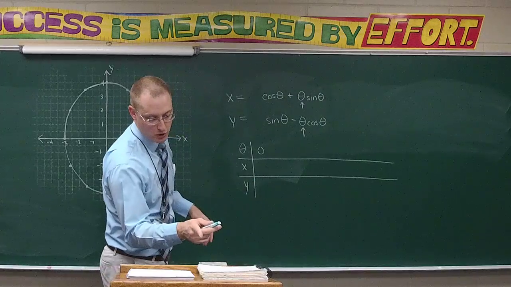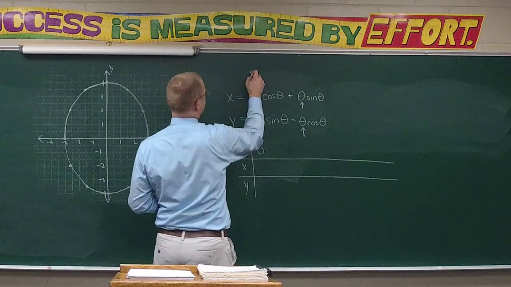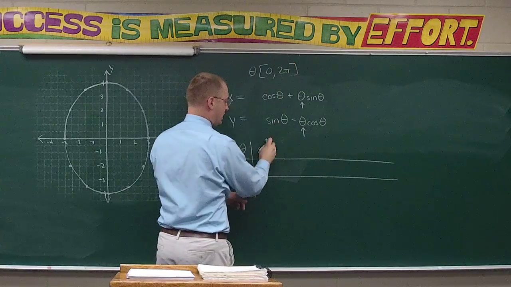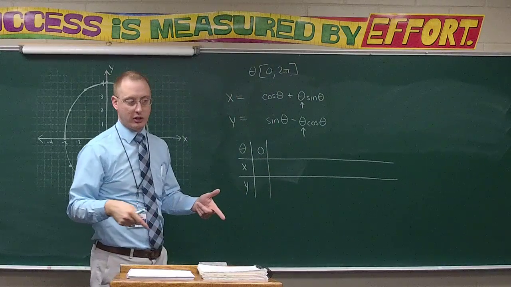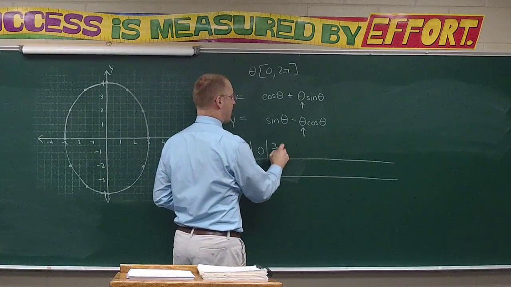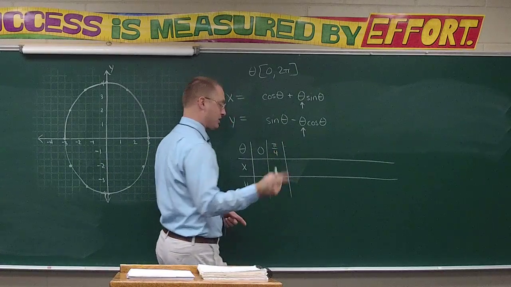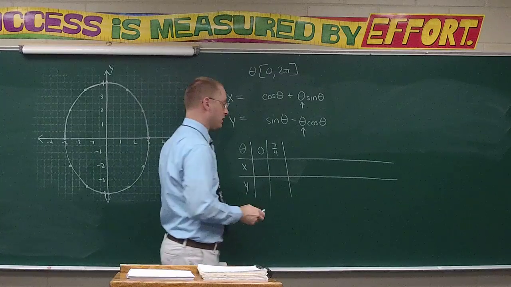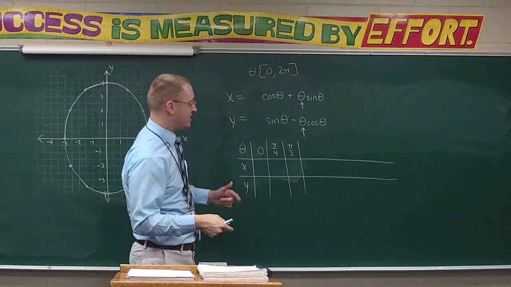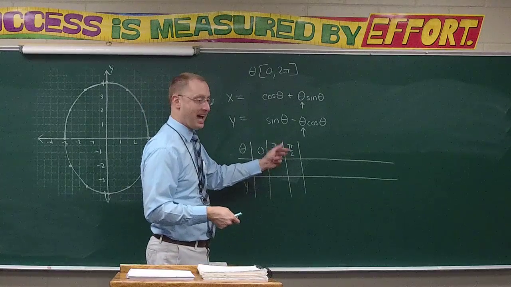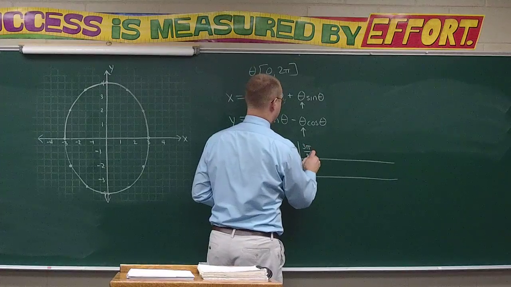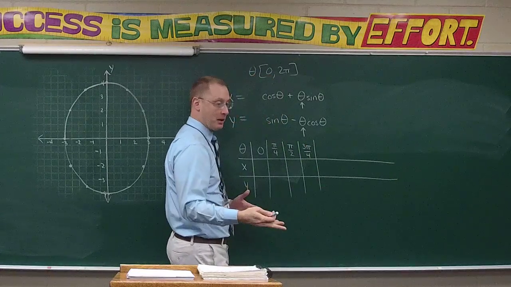And they said that we're using 0 to 2 pi, right? So theta here is between 0 and 2 pi. We're going to start at 0, but 45 degrees later is what radian measure? Pi over 4. And then the next 45 would be 90, but that's pi over 2. Then the next 45 degrees is an additional pi over 4. So we have 1/4, 1/2, 3/4 of a pi, right? So 3 pi over 4. And then another quarter pi would be